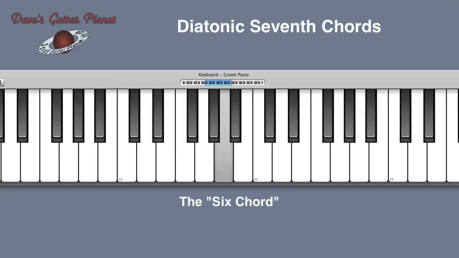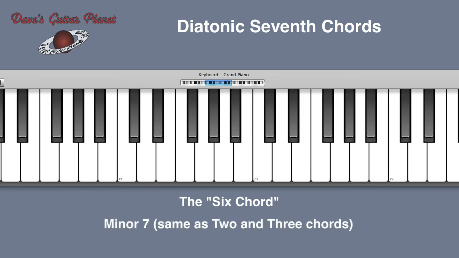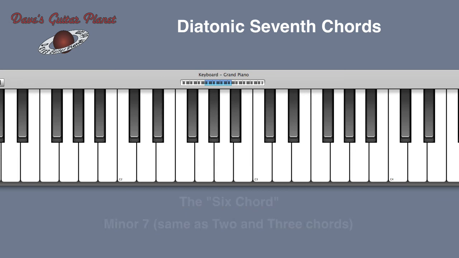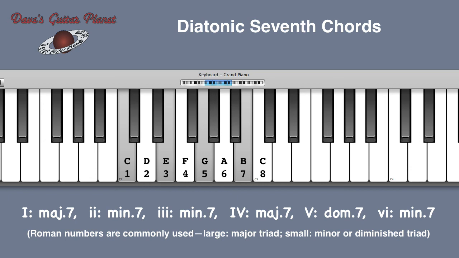And the 6 chord, okay, the triad from the 6th degree of the scale, which is A, 1, 2, 3, 4, 5, 6, is minor, and it's got a flat 7. Minor 7 chord, just like the 2 chord and the 3 chord. So far we've got major 7, C major 7, D minor 7, E minor 7, F major 7, G dominant 7,